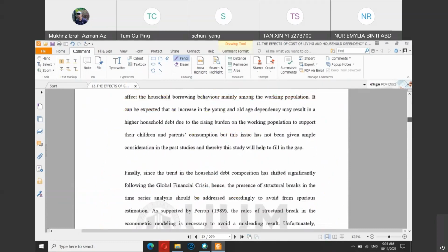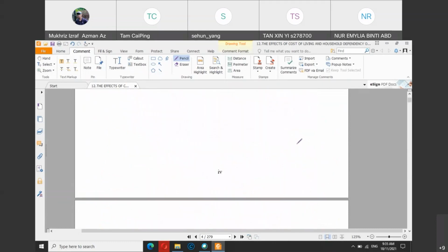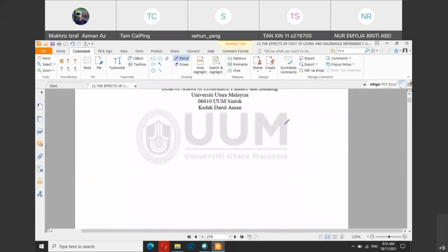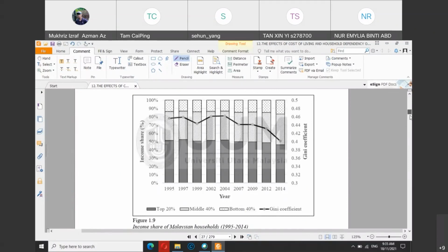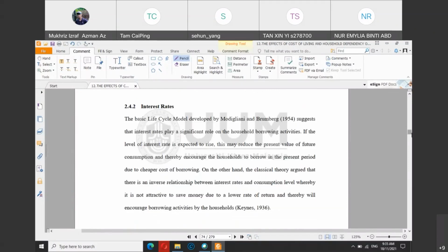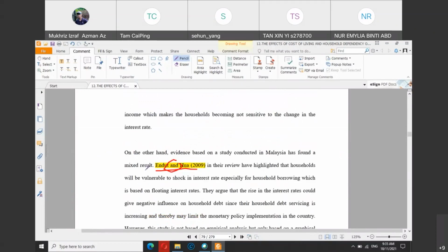When Hafizah wrote this project, she referred to many articles to support her thesis, for example, by Endut and Hua.